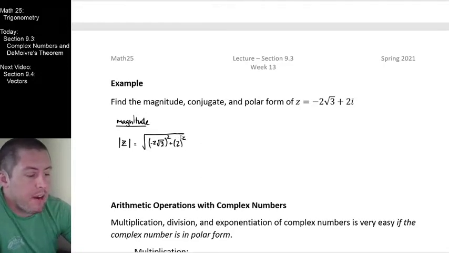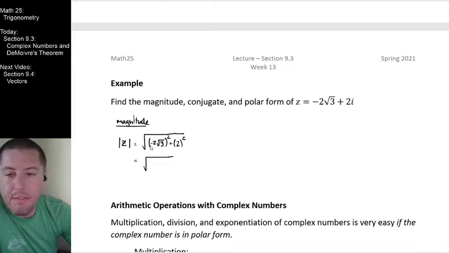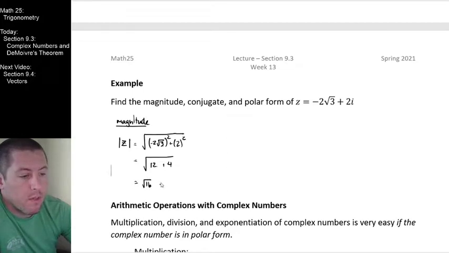Right? This is just the Pythagorean theorem in action right here. So what am I going to get? Let's see, negative 2 root 3 squared. When I square negative, it becomes positive. When I square 2, it becomes 4. When I square the square root of 3, it becomes just 3. 4 times 3 is going to give me 12 for that one right there. Our other one here, 2 squared is 4. It looks like this is just the square root of 16, which is just going to be 4 for our